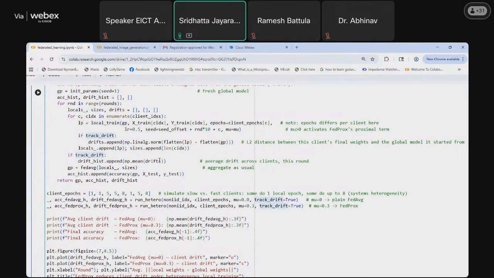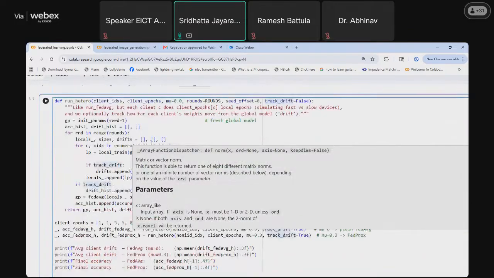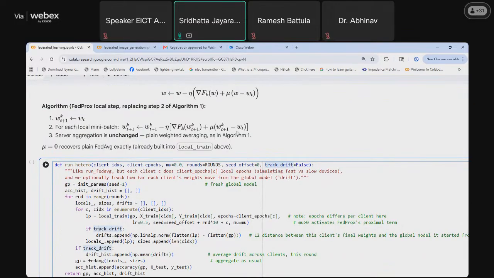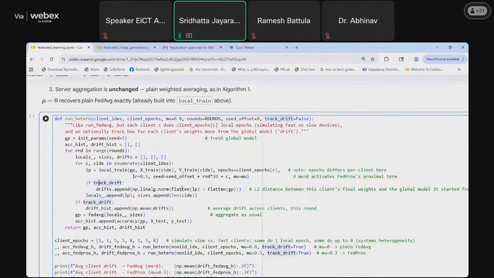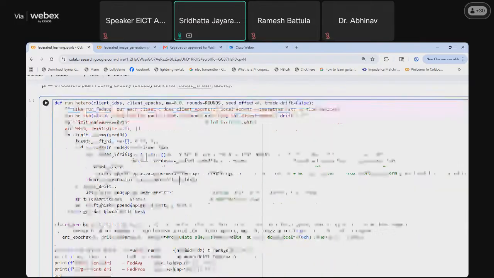And then if we have enabled track drift, we will add this L2 distance. This L2 distance is basically what we have defined here, W minus WT, which is flatten LP minus flatten GP. That is the earlier update versus the current update. And then we will store the local parameter in LP and the sizes of number of clients in that particular round in the length of CIDX.